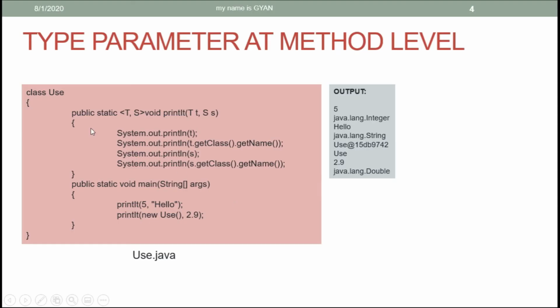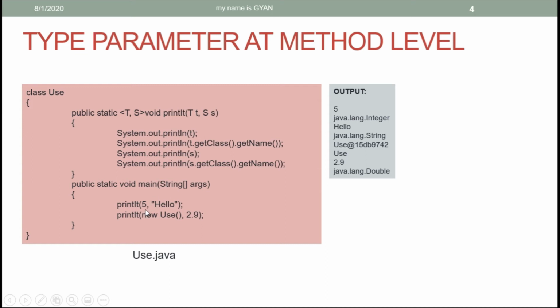Similar to generic classes, we can have two type arguments with any method in Java. So we have the type argument T and type argument S. And of course, for the JVM, the type argument T and the type argument S are both of type java.lang.Object, which can store a reference of any object in Java.